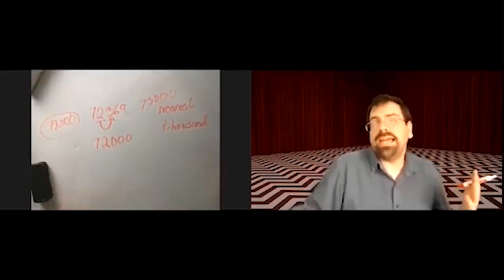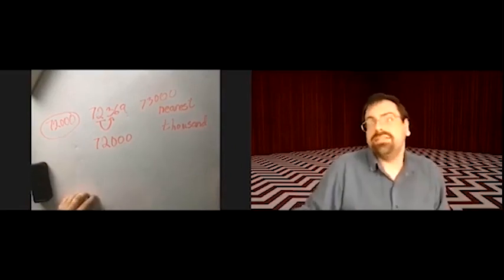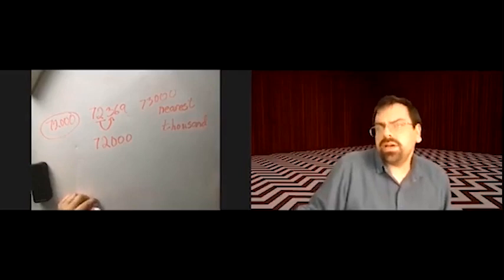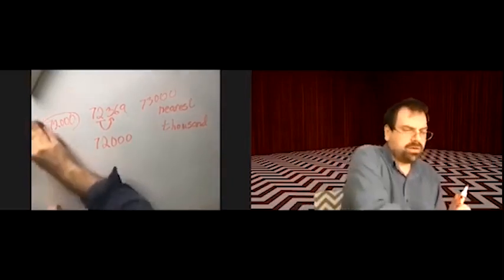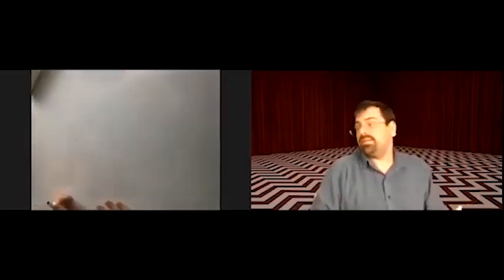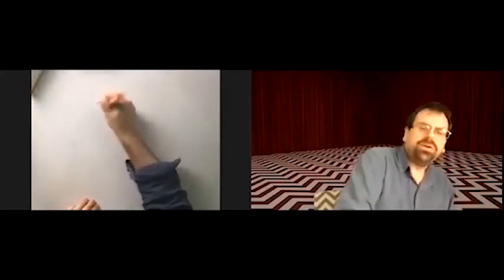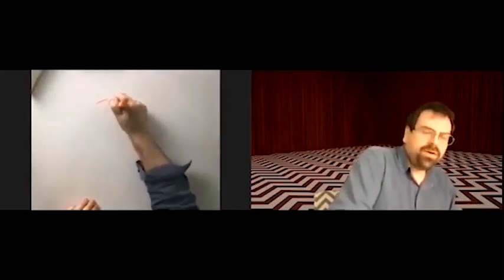Okay, so we can round any place value we have. Tens, hundreds, thousands. And we're going to come back and look at rounding a little bit more after we do addition and subtraction, because we're going to use rounding to estimate some answers. The last rounding problem we are going to do together, though,